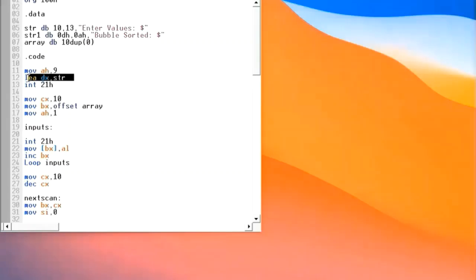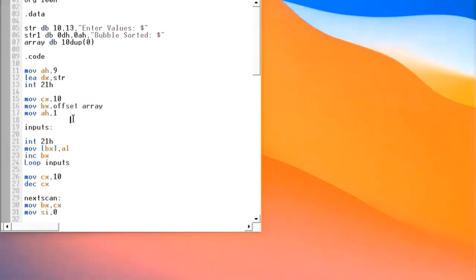So here we move the str data with the help of the lea instruction. LEA is used to load the address of the operand into the provided register. The reason for using LEA instead of MOV, that is move, is that LEA makes offsetting of the string easier in future. So we will go ahead.